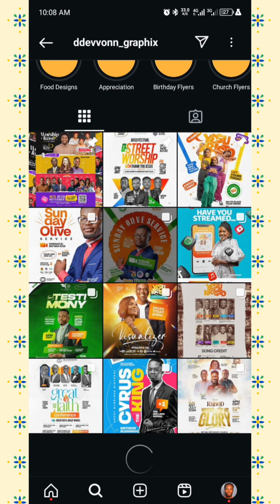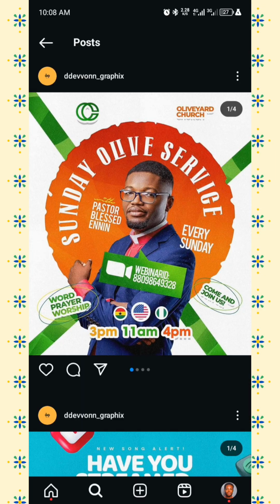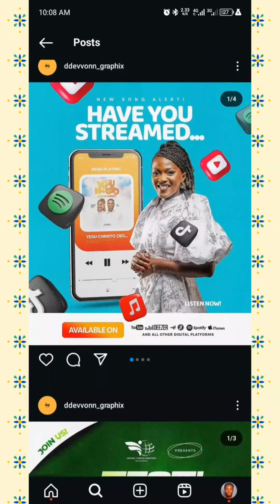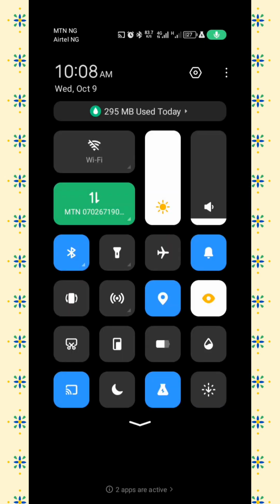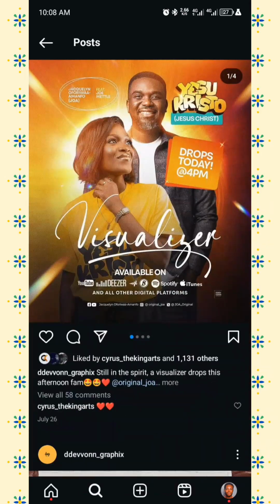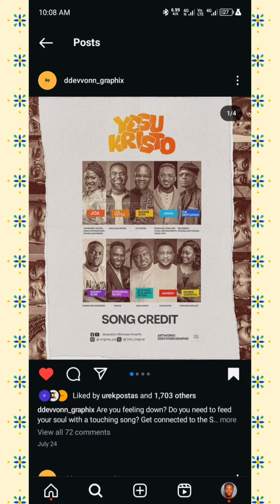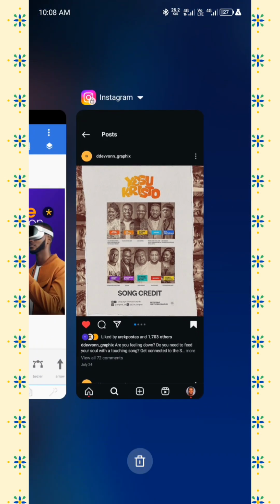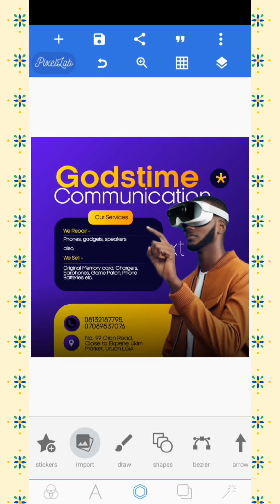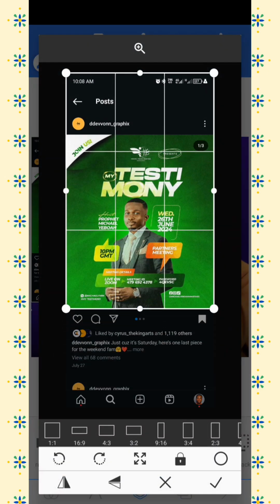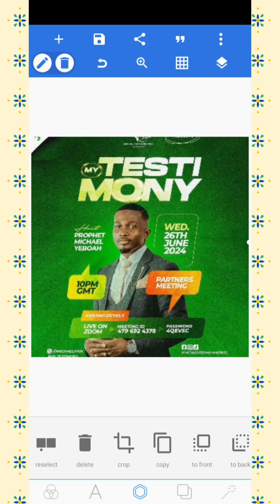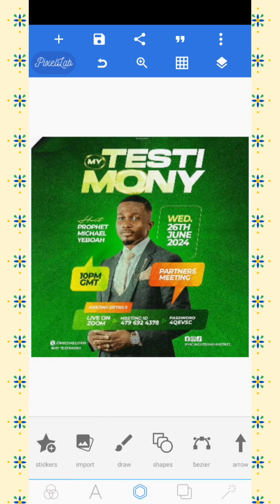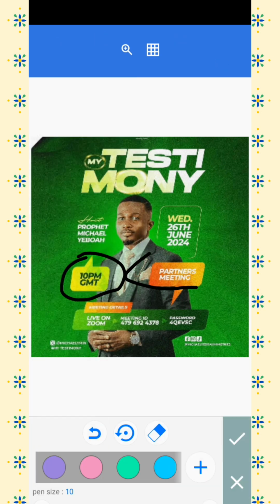Devon makes use of a lot of text boxes. Let's screenshot a few images of his designs. Okay, so I'm going to import the image. Observe how he uses text boxes. How he uses text boxes is so nice. He brings it in different colors, and inside those text boxes there are patterns. I don't know how well you can see it, but